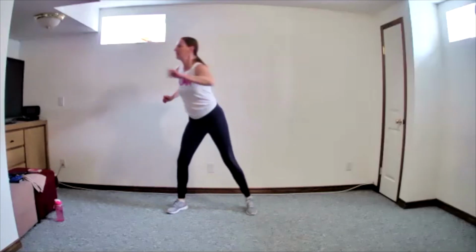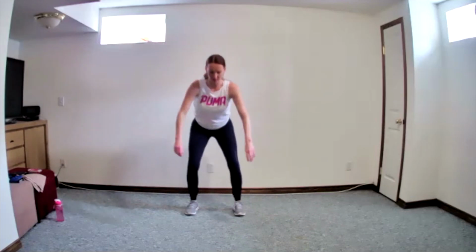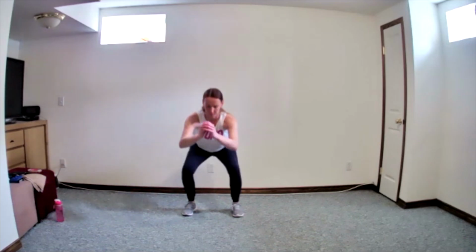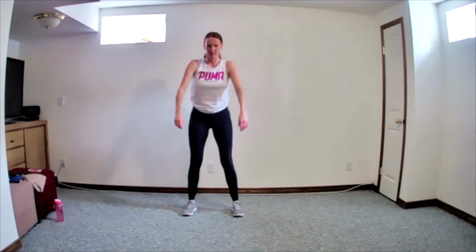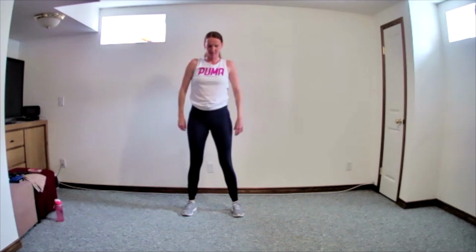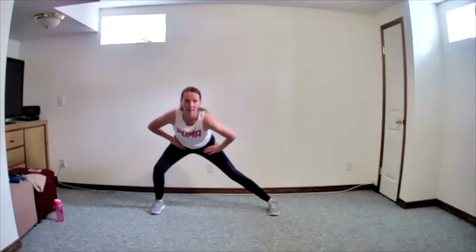Four, 3, 2, 1. Squats. Come on down and up. Deep sit and squeeze up through the heels. Breathe in, out. Keep those shoulders down. Four, 3, just 2 more, and 1. All right, slightly wider stance, still toes pointing forward, left to right lunges,